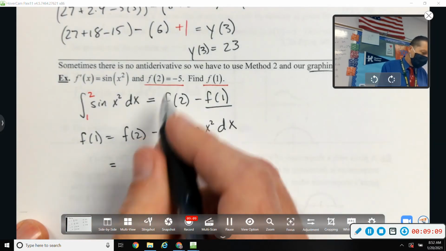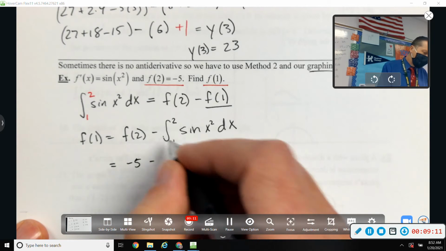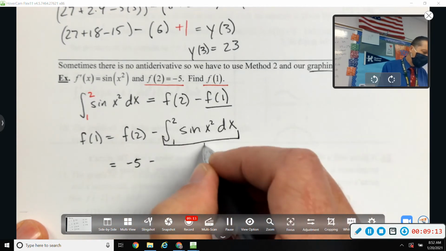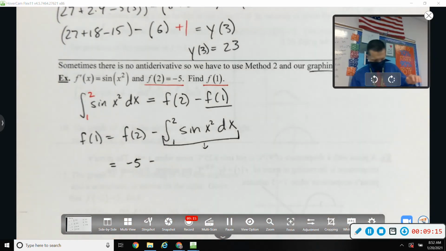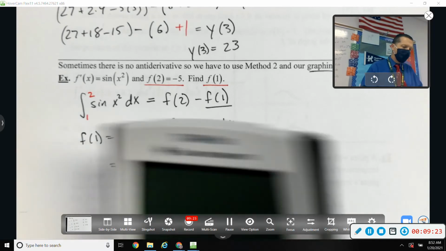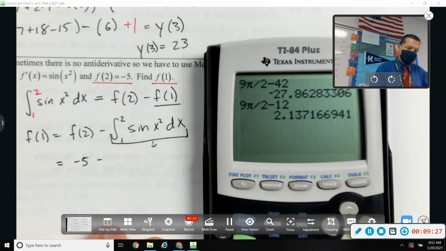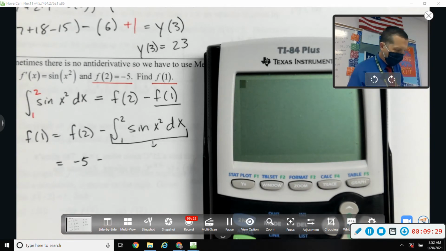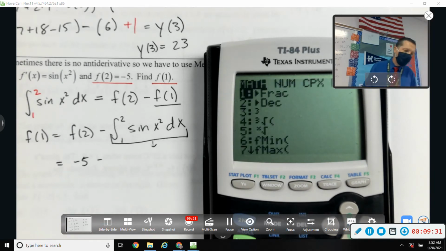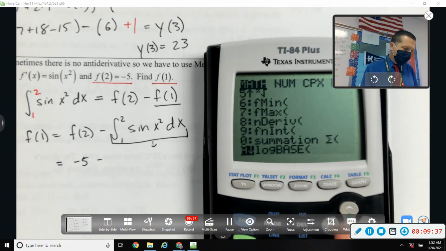But I know f of 2, that's negative 5. This I can do in the calculator. So this is the fun part of what the calculator can do. I can find mine to use here. All right, let's see if I can remember where this goes. Math, 9,